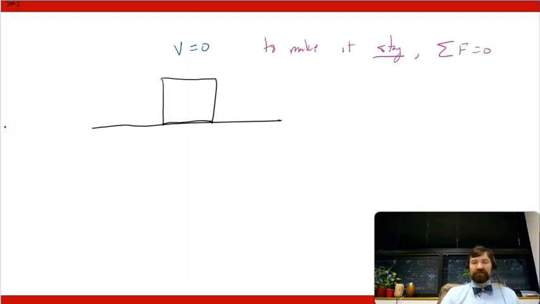So what forces might be acting on this system? Well, we will learn later that gravitation, generally speaking, acts on objects that have some mass. So there is a force from gravity. Therefore, it follows that there must be some other force present in this system in order to prevent the object from falling through the table. That other force, in this case, is called the normal force.